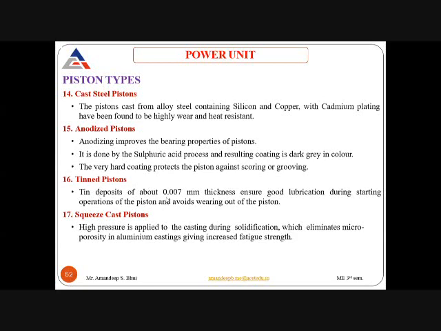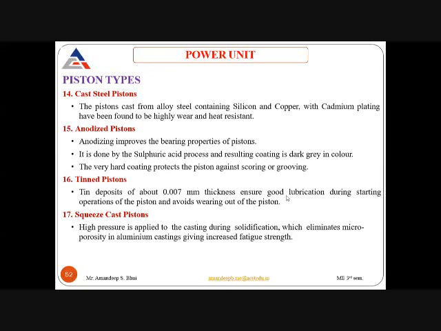Now in this, a small deposit of tin material, 0.007 mm in thickness, is done on the surface coating. The surface coating is done with the tin. The thickness is 0.007 mm. Now this thickness acts as a